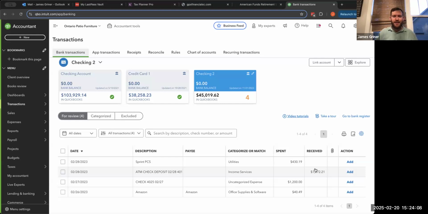If it does not, and it's showing income services here, you're going to duplicate your income. This is the second area, honestly, probably the biggest area where people screw up with their integration and with their books, is rather than making sure that this is matching to the payment and or the deposit of everything here,